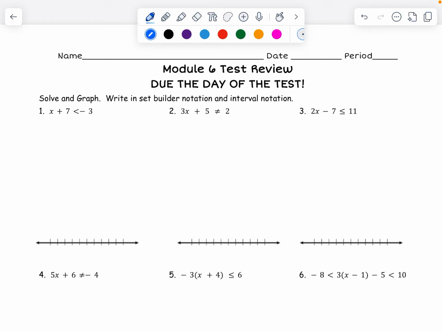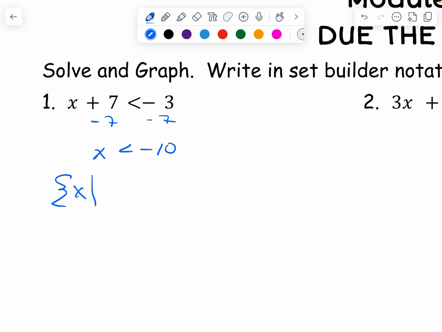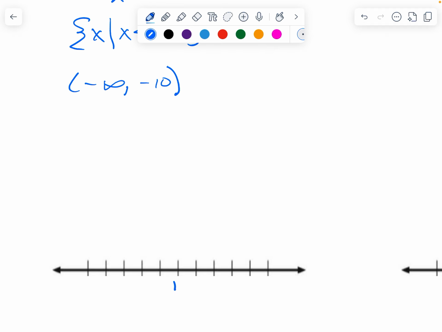So we're going to solve and graph and then write in set builder notation and interval notation. Okay, so if I solve this, I get x is less than negative 10. So I'm going to do set builder notation, x such that x is less than negative 10, negative infinity to negative 10, not including negative 10. So I'm going to put negative 10, negative 11, negative 12, negative 9, negative 8, negative 7, open dot, and